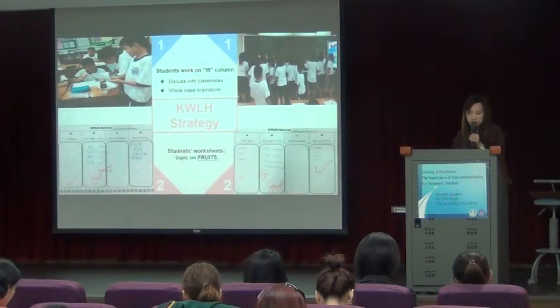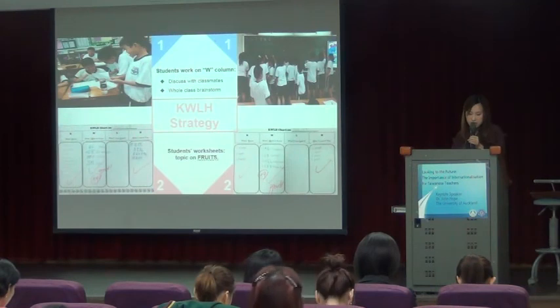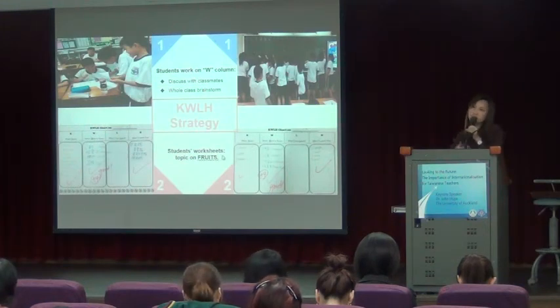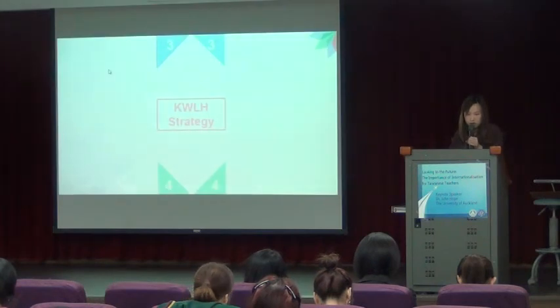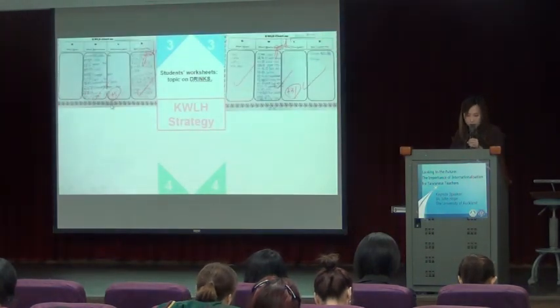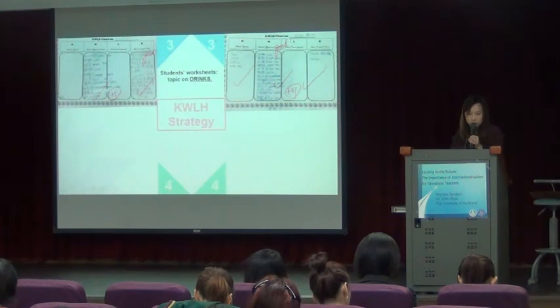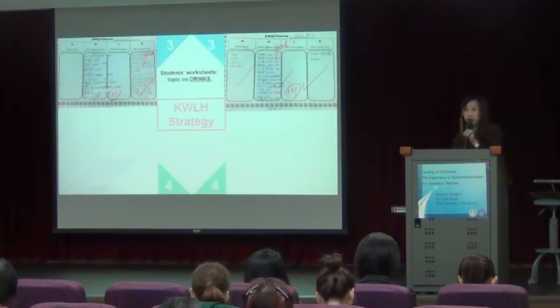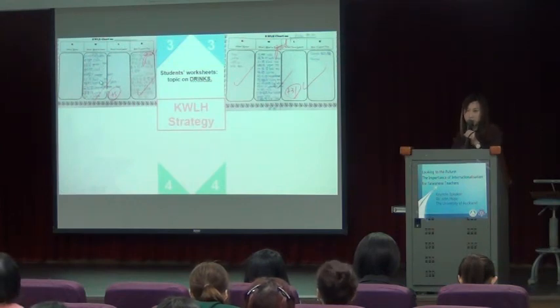For example, this is a topic about fruits. You can see that some of the students have lots of words they already know, but some only know a few words. But no matter whether they are higher or lower level learners, they can also check some words they don't know. And also there is some work on the topic of drinks. You can see that in this topic, they didn't have any prior knowledge, but they can still think about lots of words they want to know in English.